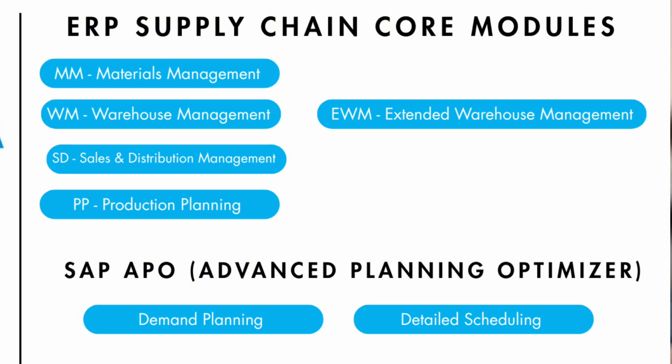Now, SAP has additional modules around the ERP. And here is where you'll have terms like APO come about. So APO was a solution that SAP put together as a standalone solution outside of the ERP. And that did a lot of, I would say, the more focused demand planning capability, the detailed scheduling. When it comes to production planning, what they have in the core SAP module does not get into detailed scheduling. It used to be in APO, but what has happened is APO, I understand, is being phased out.